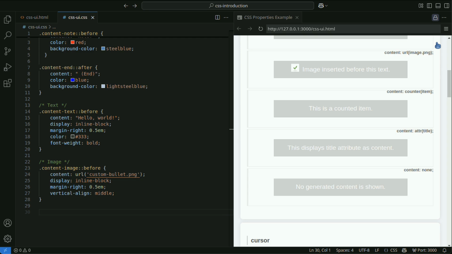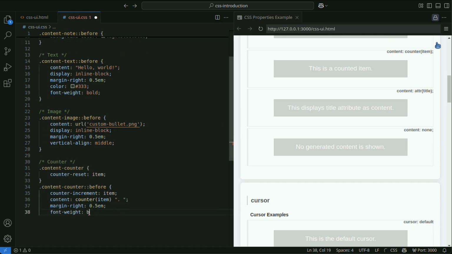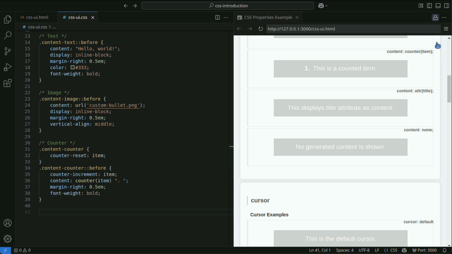Image. You can insert an image using the URL function. Counter.